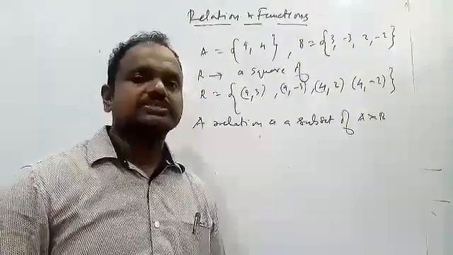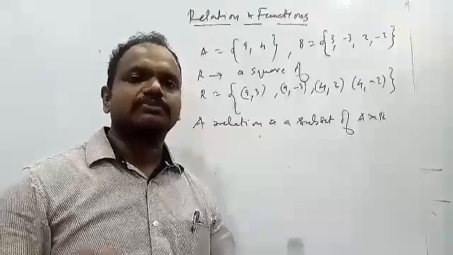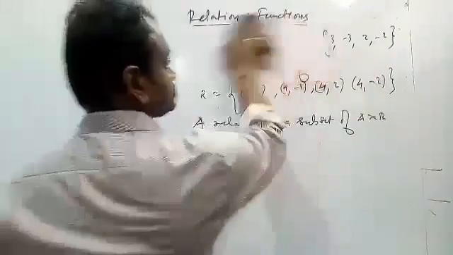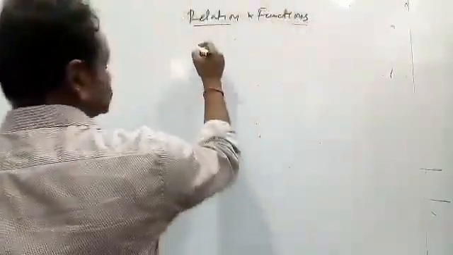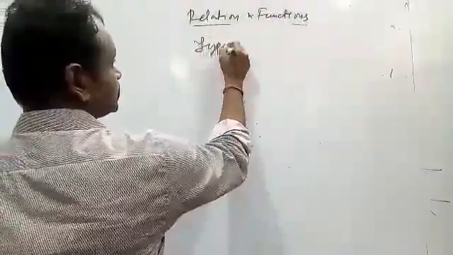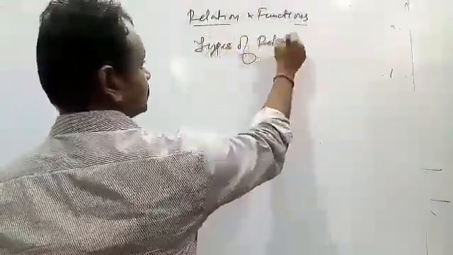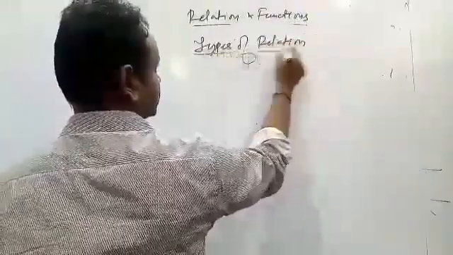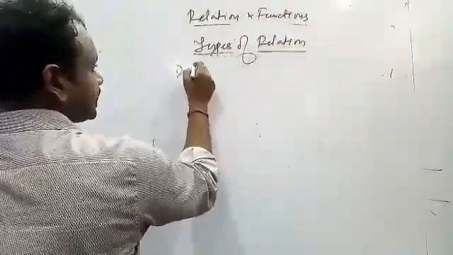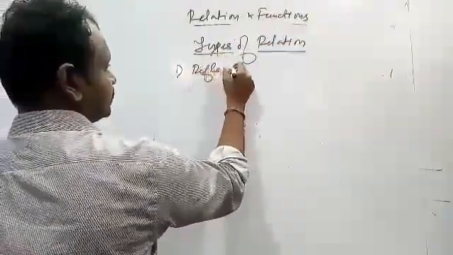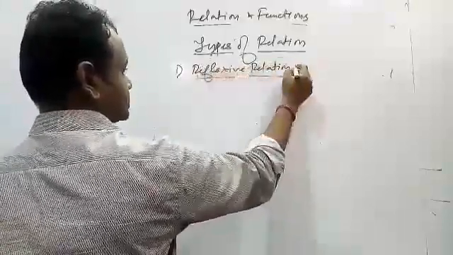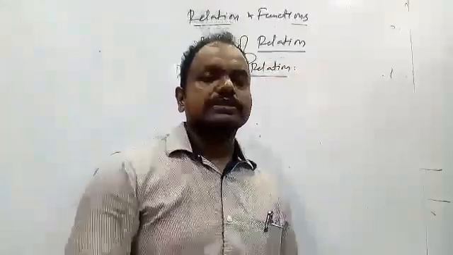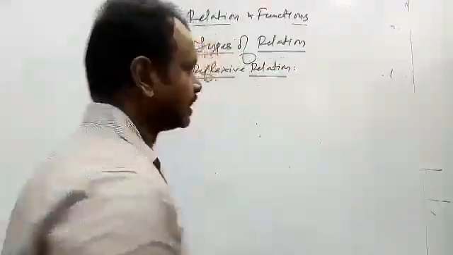Now in this class 12, we will learn some of the different types of relations. In types of relation, the first one is reflexive relation. The first topic is reflexive relation. So when is a relation said to be reflexive? A relation R